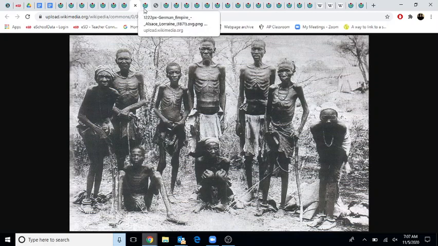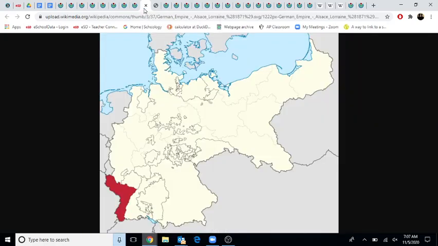A really awful story. Also, when the German Empire unified, it took this slice of France, Alsace-Lorraine, which leads me to ethno-nationalism. You see, Alsace and Lorraine are two territories. Alsace is full of Germans, but Lorraine is full of French. And so one way that nationalism causes World War I is it makes one nation jealous of the other because you have our people.